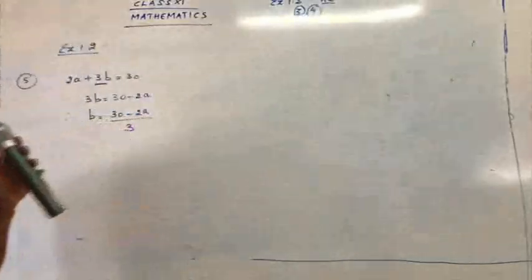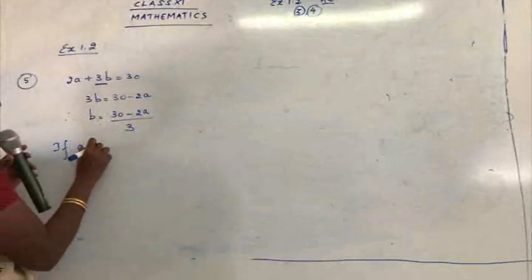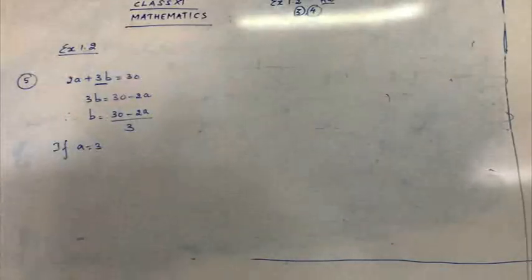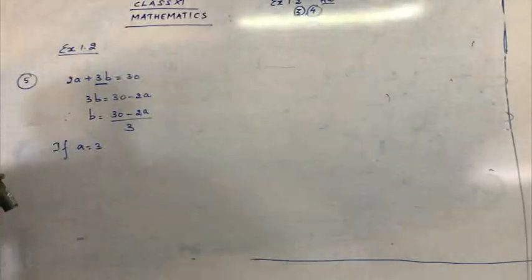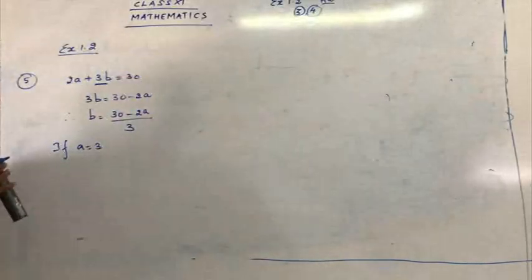So we are going to start with a is equal to 3. So you should not ask the question, yes ma'am, why we are starting from a is equal to 3? Why we are not choosing a is 1 and 2? That was the reason why we are not choosing the numbers 1 and 2, because 1 and 2 give you decimal answers. So we are just taking here a as 3.